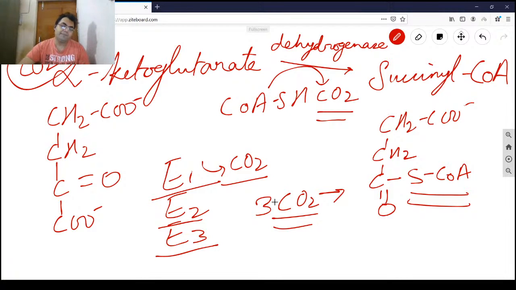When three CO2s have been released, how many carbons did pyruvate contain? Pyruvic acid, three carbons. So the entire energy thermodynamically which was present in the pyruvate molecule, in the pyruvic acid molecule after it was converted from keto to enol form via spontaneous tautomerization,